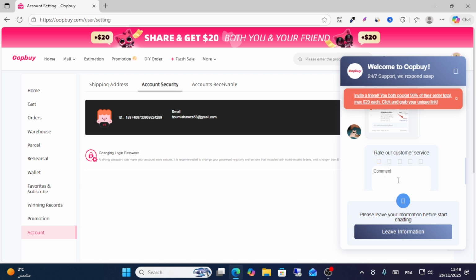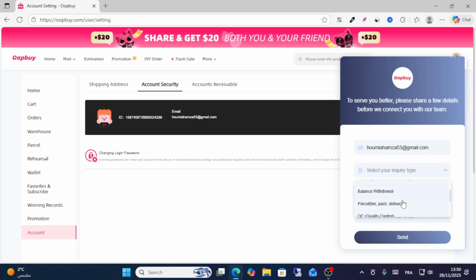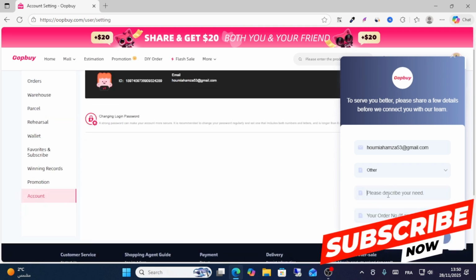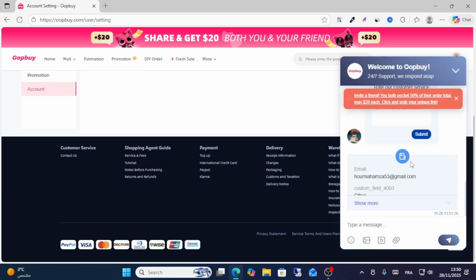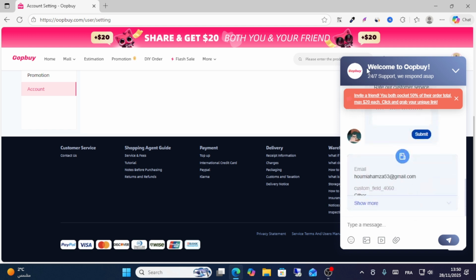And then from this one, click write this message. I want to delete my account, and then click this leave information. Select your types, for example, orders, or click on other. Here, this option. From here, write your script. For example, I want to delete my account. Write your send. Then the support will guide you and you can delete your account by following these steps or